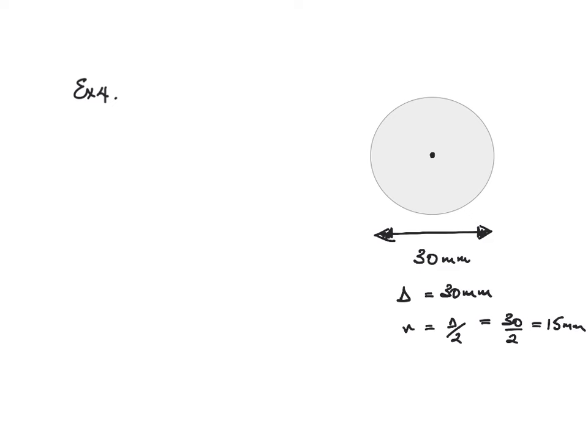Now the circumference, we talk about the circumference of a circle, not the perimeter. Circumference is given by the formula pi d or 2 pi r. You can use either one of those. So it's pi times, the diameter is 30. Now this is a calculator question. 30 times 3.14 gives us 94.2